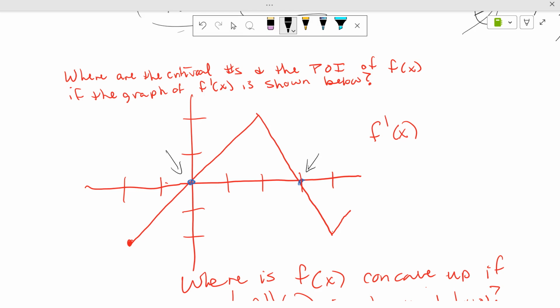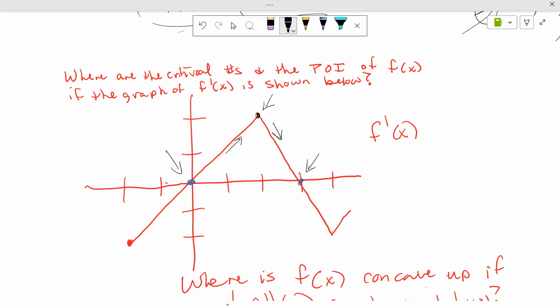And then the point of inflection happens where, okay, this is the first derivative. It's increasing here, it's decreasing here. So if we would graph the second derivative, what would happen there? It would be